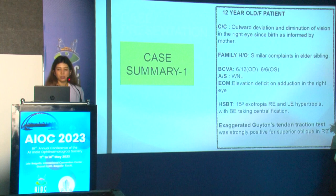So, first case, a 12-year-old female patient presented to our OPD with the complaints of outward deviation and the diminution of vision in the right eye, as informed by her mother. There were similar complaints in the elder sibling. The best corrected visual acuity was 6/12 in the right eye and 6/6 in the left eye. On examination,